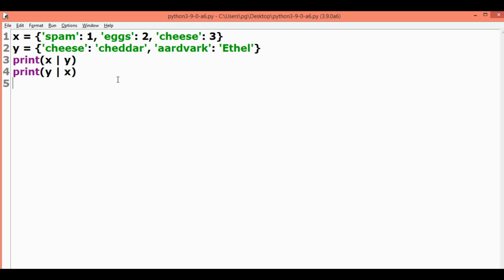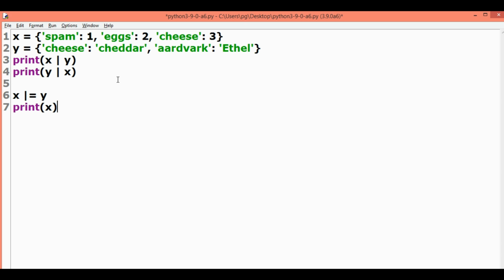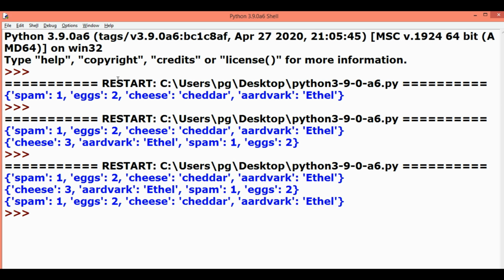Also, the augmented assignment version operates in place now. So if we do x |= y and then we do print x, then we see that the dictionary x merged with the key value pairs of dictionary y.